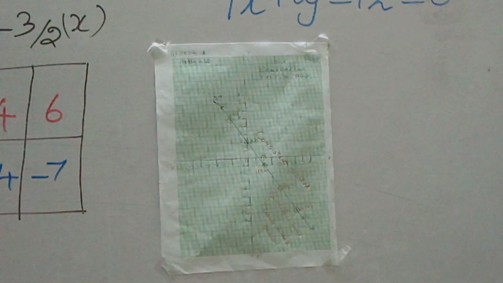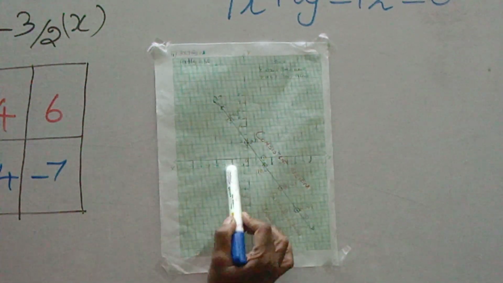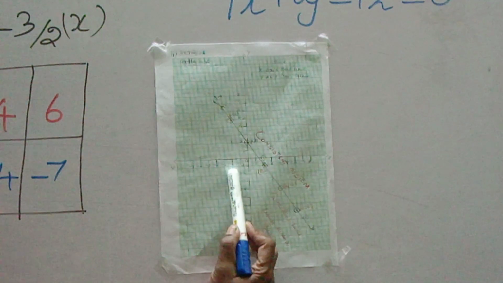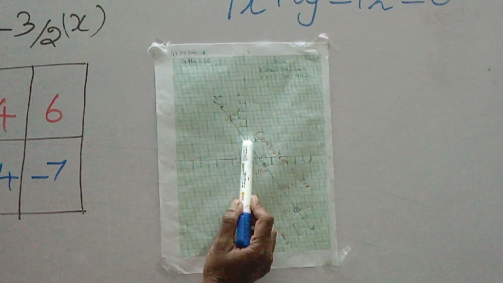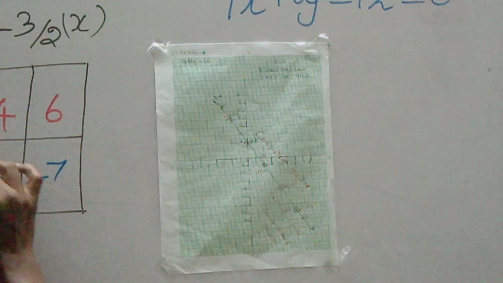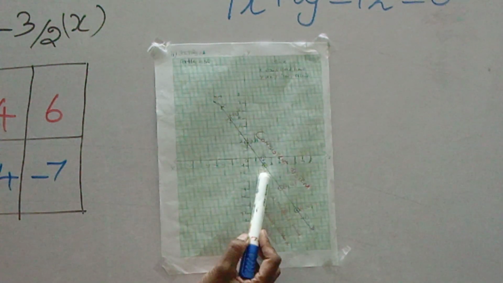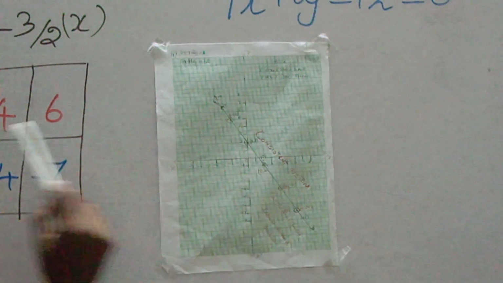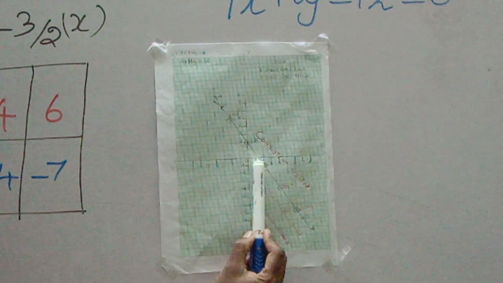Okay. Now, first what is the point for both equations? For x equal to minus 2, y equal to 5. Here x minus 2, here 5. Next, when x is 0, y is 2. 0, 2. Next, x is equal to 2, y equal to minus 1. Where did these points meet? x is equal to 2, y equal to minus 1. So, at this point, put a dot and round it.